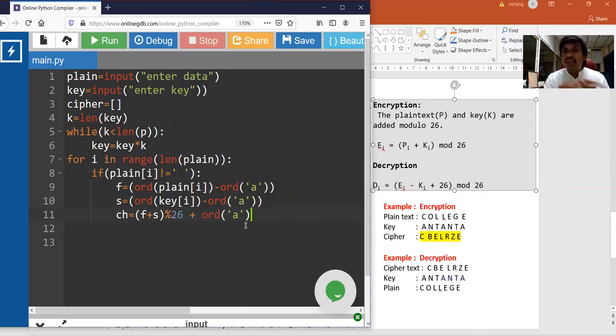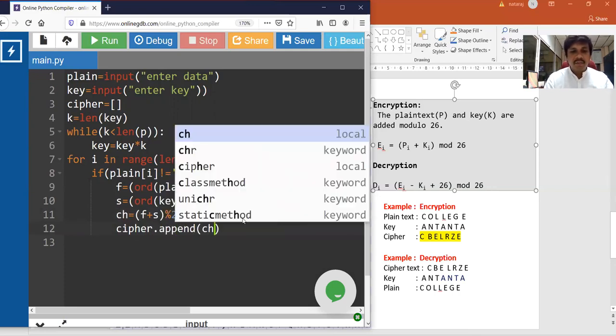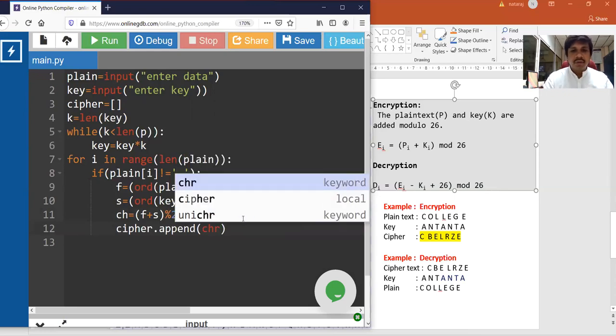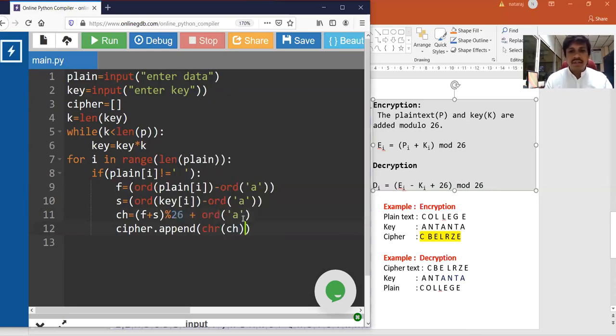Now this operation is being done at 0 to 26 only. But the actual ASCII value of small a is 97, and capital A is 65. Right? So to get back to the original position, I am adding the ASCII value of small a, so that small a at 0 to 26 will be moved to 97. Okay. Now we append that to ciphertext. Cipher dot append of, by converting it to character.